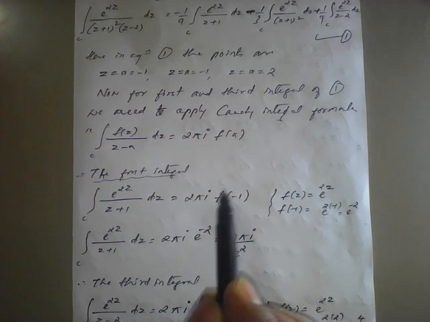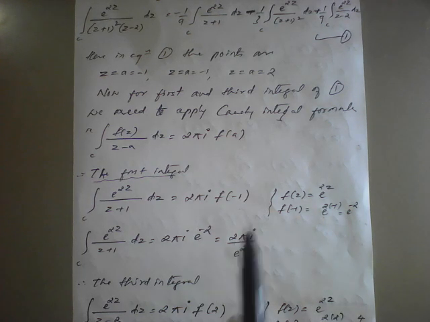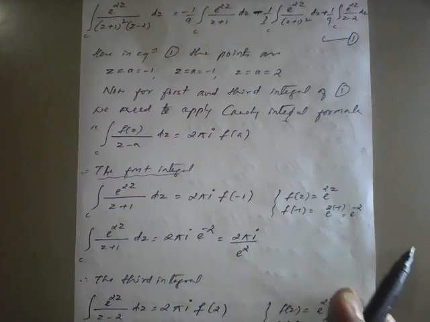So therefore f of minus 1 is e raised to minus 2, which can be rewritten as 2 pi i, e raised to minus 2 can be written as 1 upon e raised to 2. Similarly,